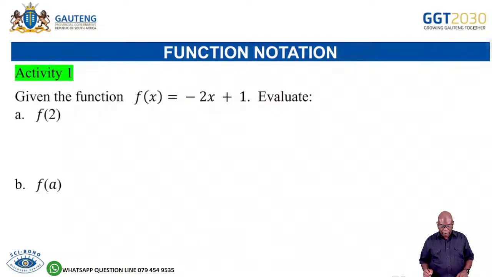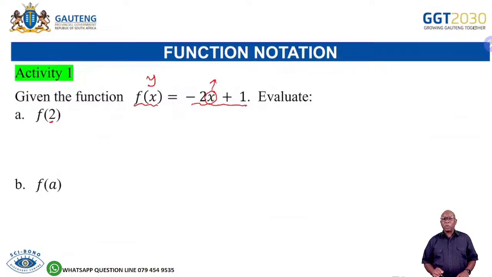Now let's look at a quick activity just to remind ourselves of what we have been doing in polynomials. Look at this. We're given the function f of x equals minus 2x plus 1, which means this will be our output and the x value there will be our input. We're saying the input must be 2. So in this equation, whenever I see the value of x, I must substitute it